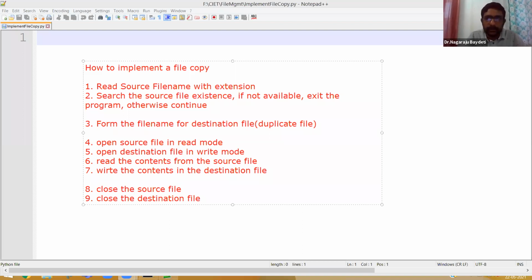Okay. Now, guys, tell me whether you understood the file copy logic or not. Can somebody respond whether you understood the logic for copying a file from one file to another file with the file name with additional string like underscore copy or something? Okay. Now let us try to implement that.